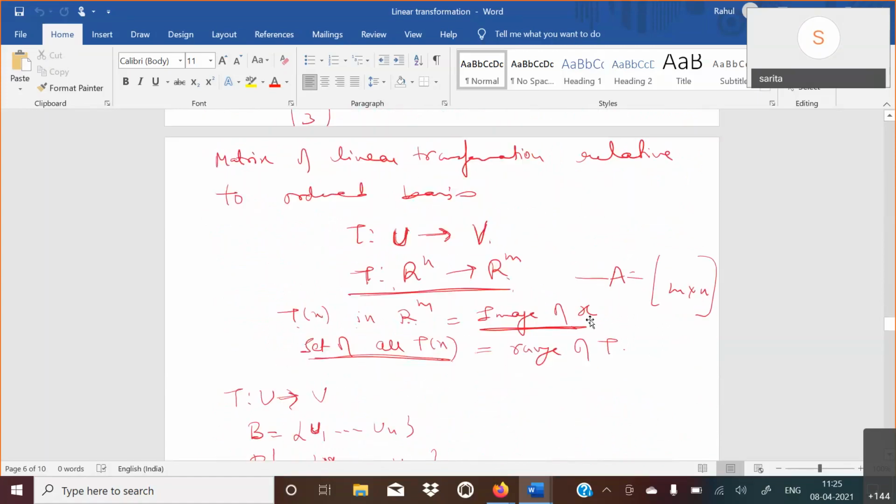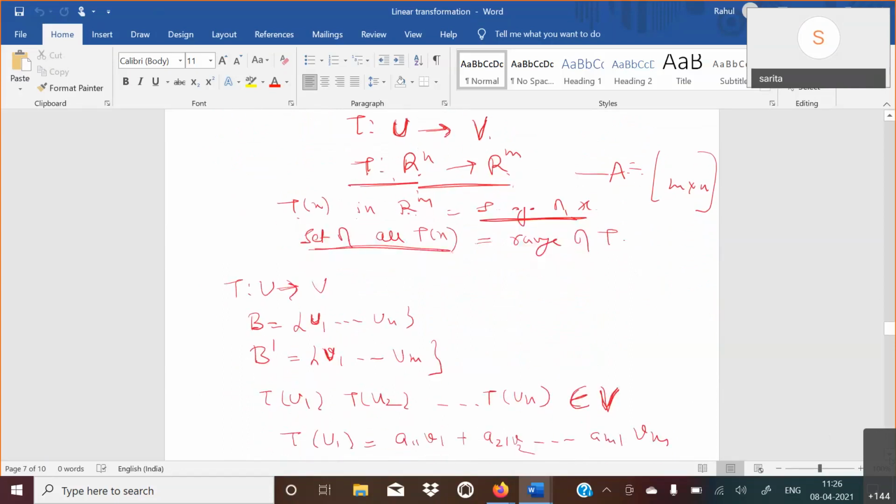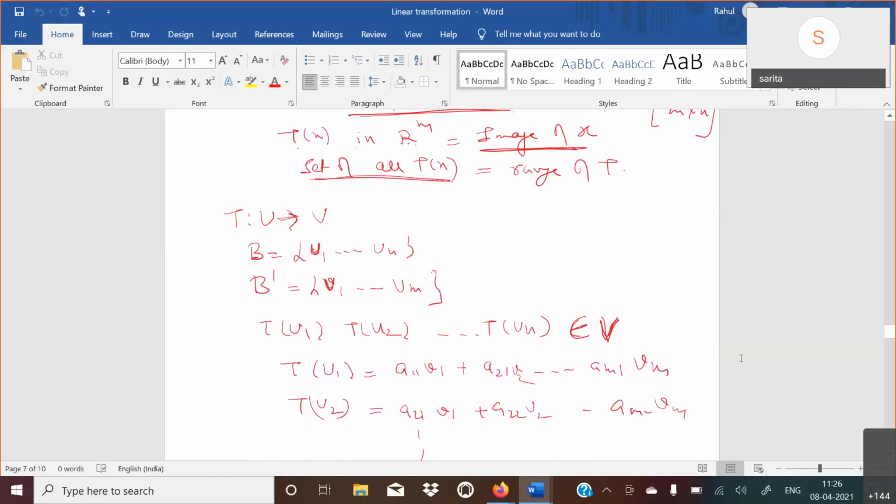Right? So in today's class I want to do this: when we have a linear transformation from one space to another space, we are actually taking it from Rn to Rm. If we have a vector x in Rn, then Tx will be in Rm, and it is called the image of x, right? And the set of all Tx is also known as the range of T. In this we will be doing the image of x and the range, and there is one more, the kernel, which will come when we go back to those null spaces. So these are the three things I have to cover in linear transformation. And yesterday I also did this because it is also needed at some point: if you have a linear transformation from U to V, then B is a